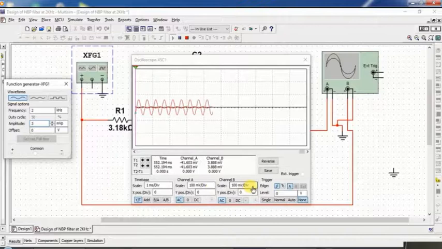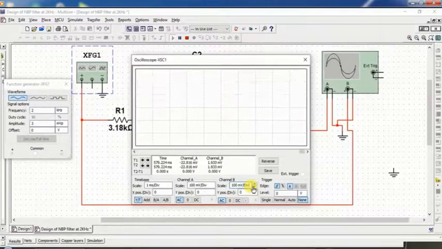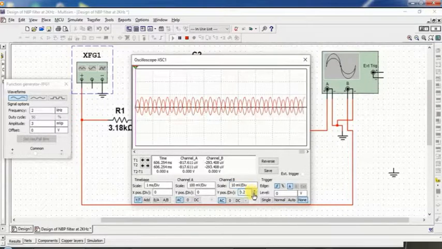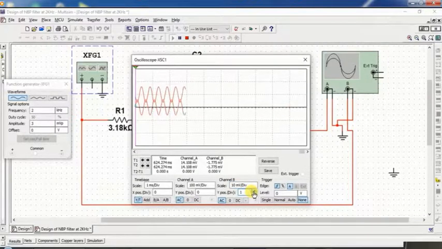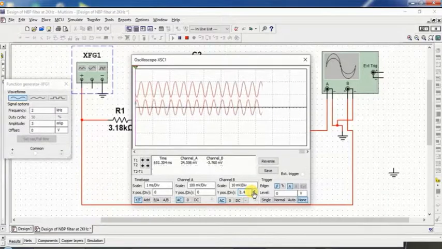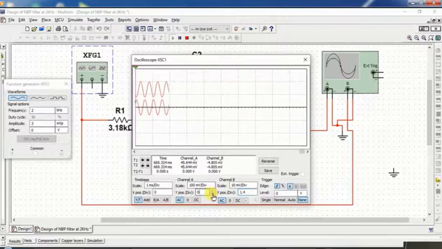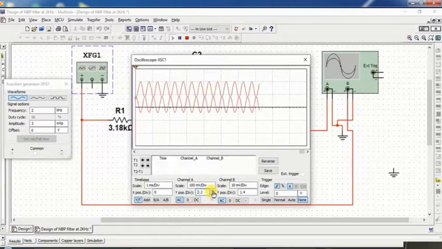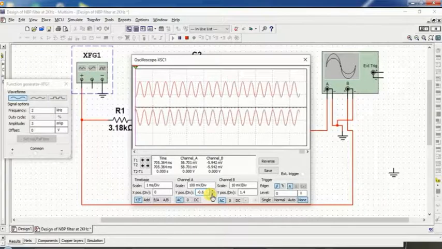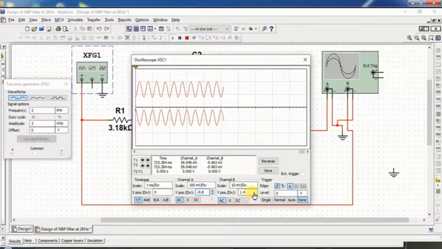As you can see here, your output is a sine waveform and the input is also a sine waveform, because in the narrowband pass filter the op-amp is in inverting mode. So you can see over here the waveform is also in inverted form, so your output waveform is in correct form.